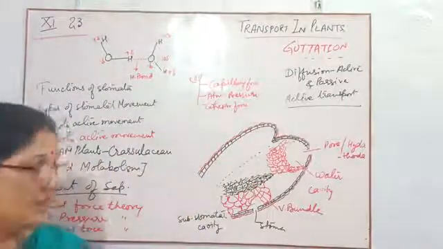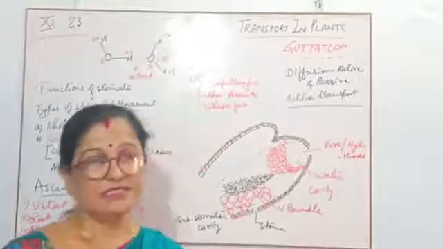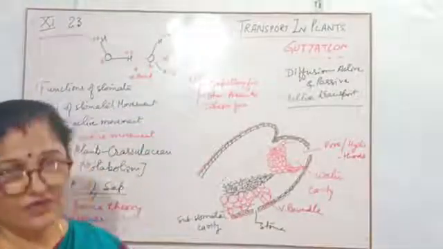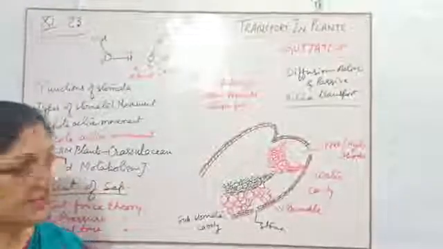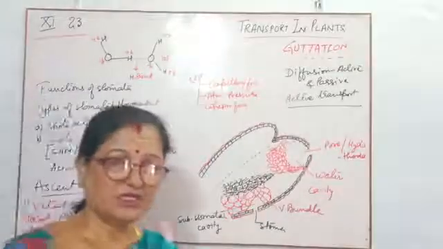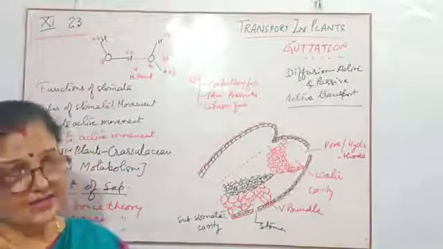So when root pressure creates high pressure, then water will start to move through the xylem. Xylem has thick walled cells and capillarity is more, so they also create a force, and due to that force the water molecule gets height, or it can reach up to a high level.